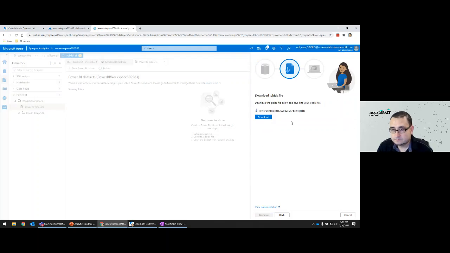Continue. And it creates that connection for us, the connection string between the Power BI Desktop file we're going to download and the SQL Pool 01 database. We're going to click on download. And when we download, it gives us a Power BI DS, or dataset, file. If you have Power BI Desktop installed, it's going to open it in Power BI Desktop.